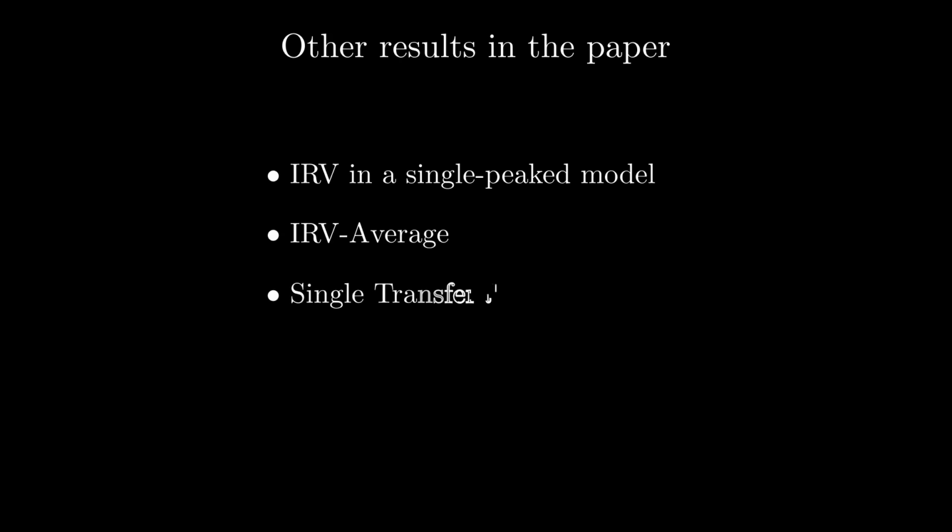In the paper, we derive the communication complexity in more settings: IRV in a single-peaked model, IRV average, a variant of IRV that simultaneously eliminates all candidates with a below-average score, and the single transferable vote, a multi-winner variant of IRV,